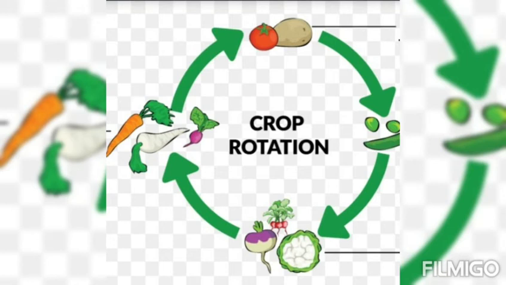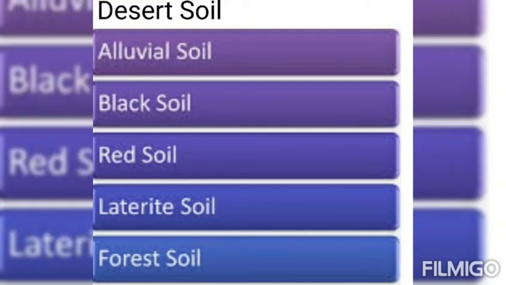If I keep on growing one crop and that one crop uses magnesium, then after some time magnesium will be exhausted from the soil. So instead grow different crops which draw different nutrients from the soil, and after every few crops grow a leguminous crop which fixes nitrogen and helps to maintain soil fertility.